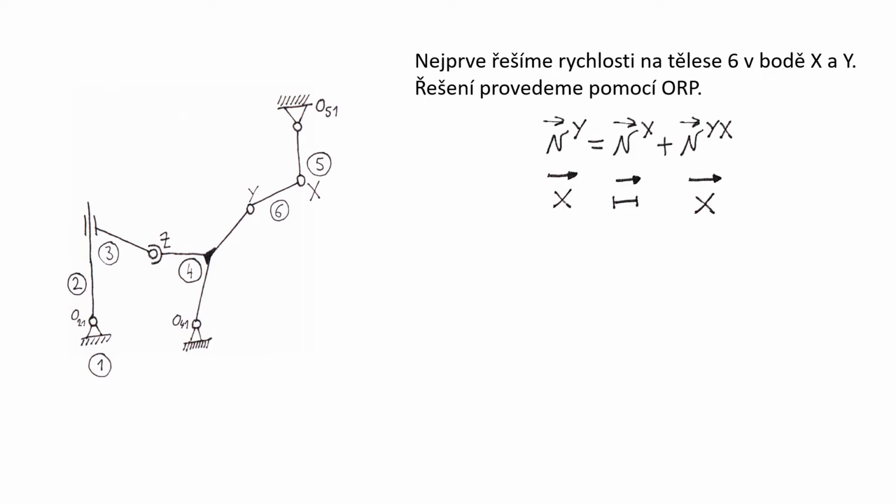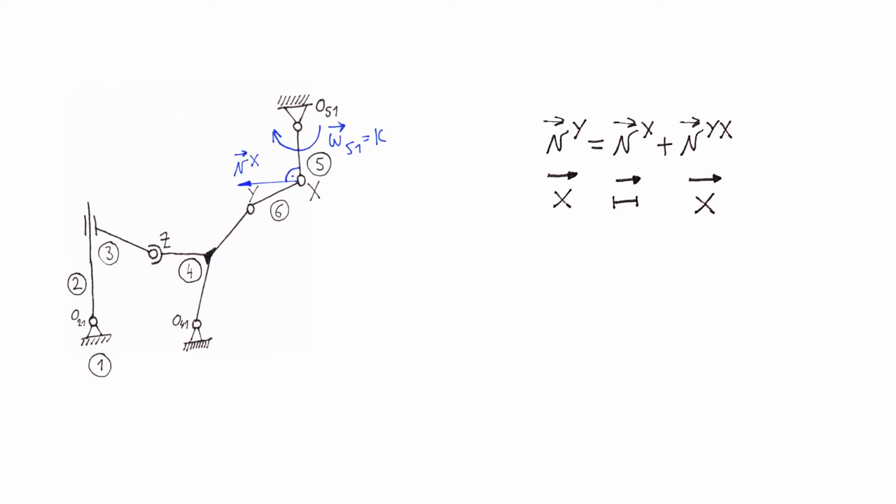So the basic equation for velocities: the velocity of the y point is the velocity of the reference, that is the velocity of point x, plus the rotation of y around x. For particular vectors we know the directions, and for vx we also know the magnitude. So vx